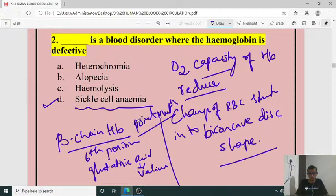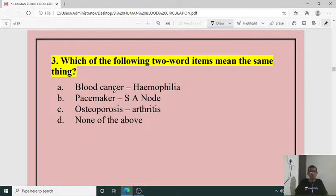Yes. Next question, number 3. Which of the following two word items mean the same thing? Blood cancer, haemophilia, pacemaker, SNO, osteoporosis, arthritis, none of the above. So the third one,